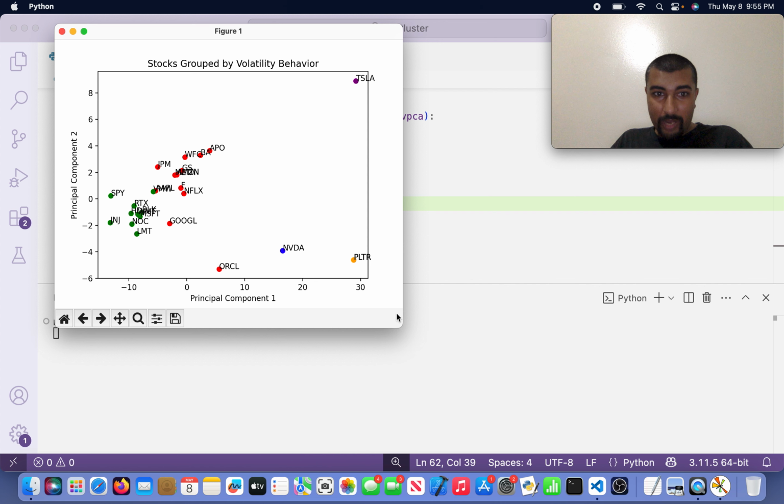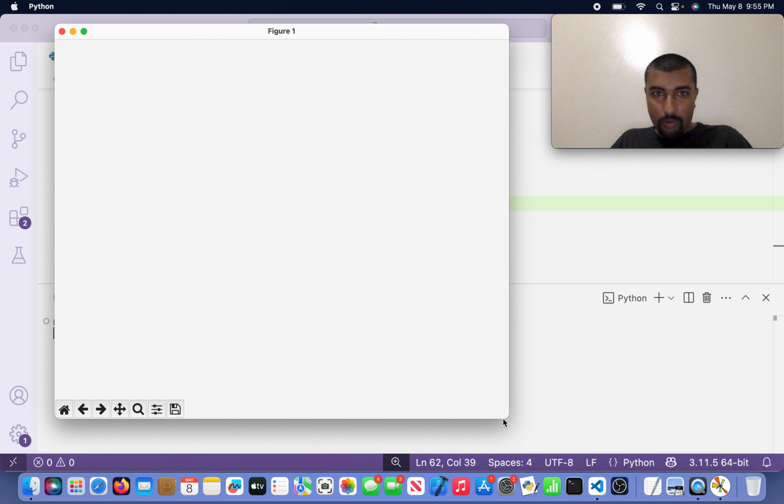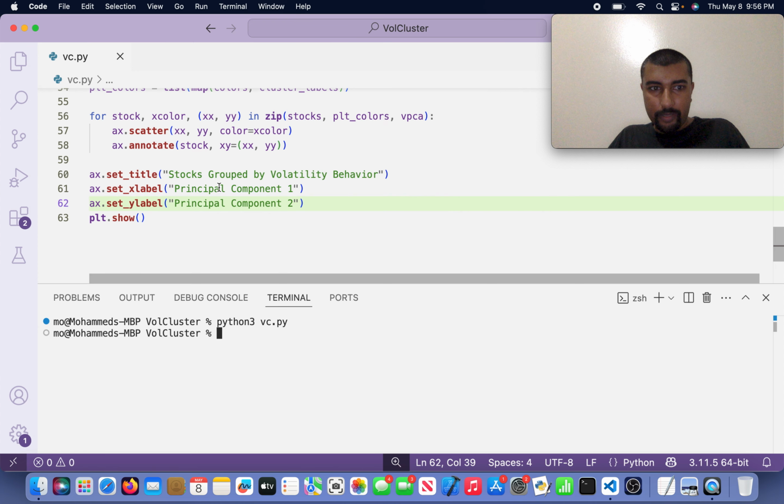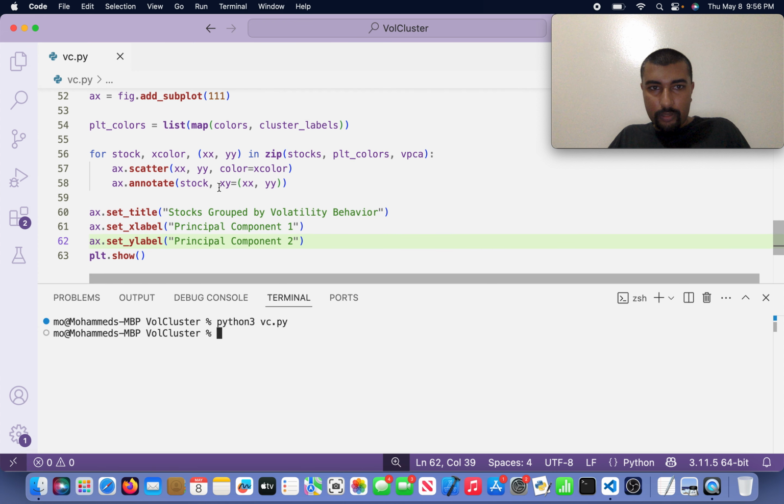Okay, so wow, we have the graph. So these are all of the stocks grouped by their volatility. You know what? What I'm gonna do is also generate ellipses around this because I want this to be a good visual tool. So I'm gonna exit that. Now, what I'm gonna do is